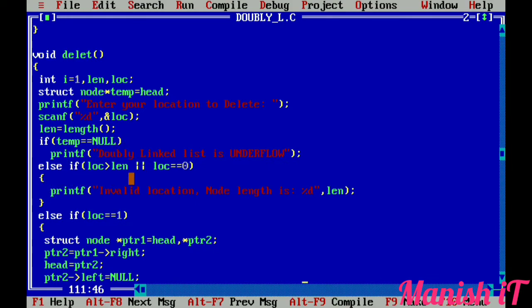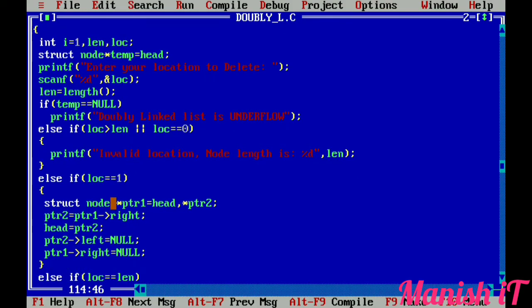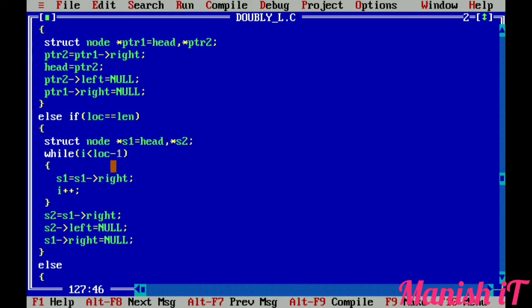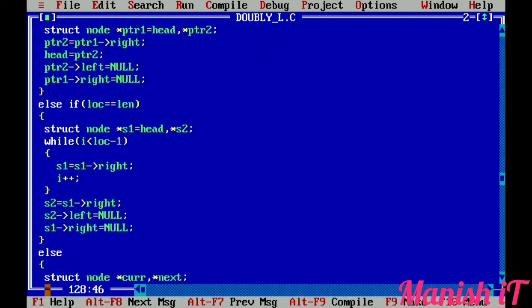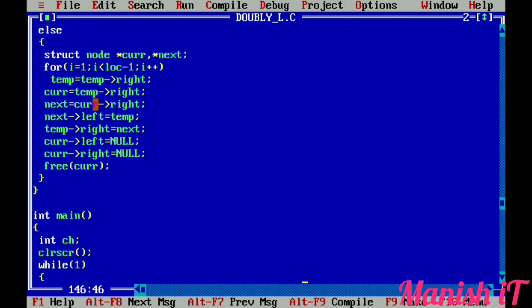In the else if, when the location you enter is greater than the node length, this part executes. I will show you everything. And in the else if, when your location is first or when it is last, that node is deleted; if the location is first, the first node is deleted. The else part is for a specific location that you want to delete.